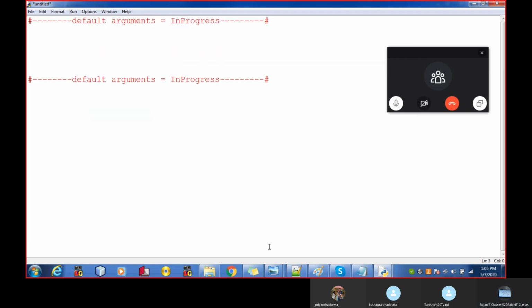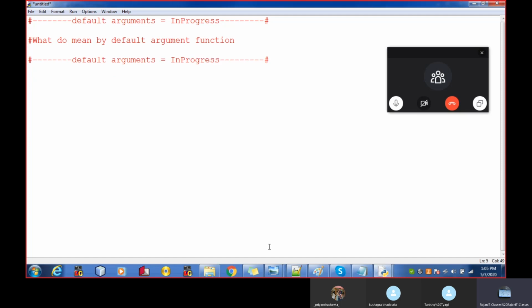Now we'll see what we mean by a default argument function. Before having a look into this concept, I will make one function and ask some queries on it.